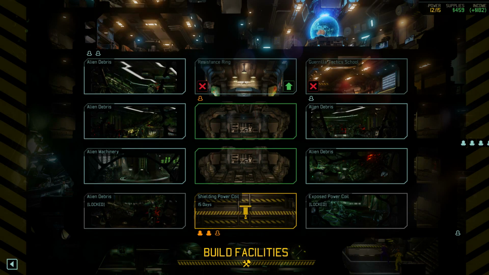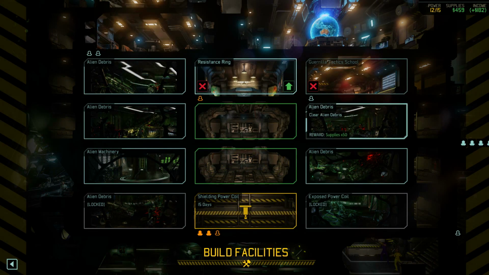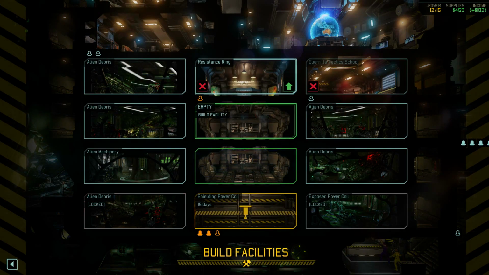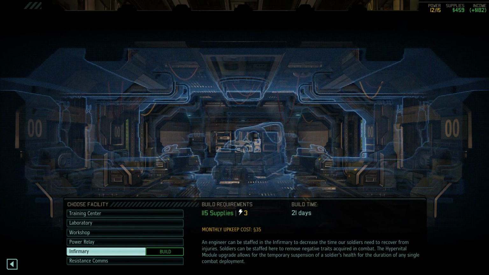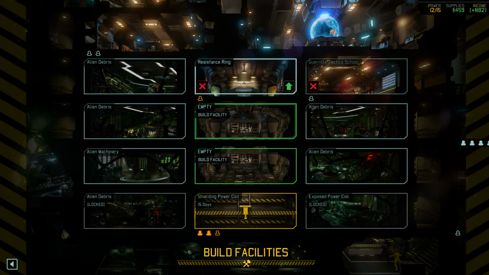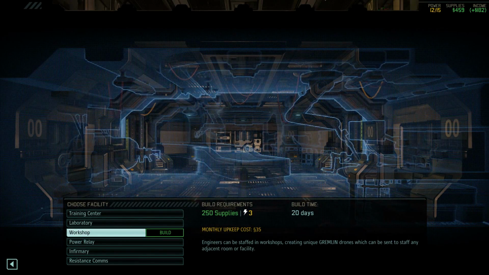15 days... I want the infirmary. Do I want the infirmary here, is the question. I think yes. That takes 3 power. How long does the workshop take? Workshop will take 20 days and take 3 power. The infirmary will take 21 days and 3 power. How long does this take? 15 days. How long does power take to build? 12 days. So yeah, I think...